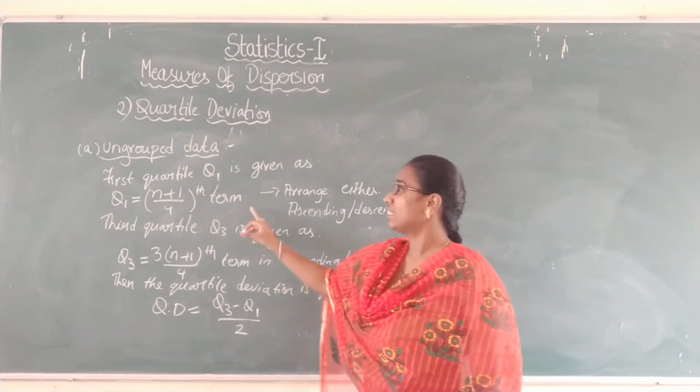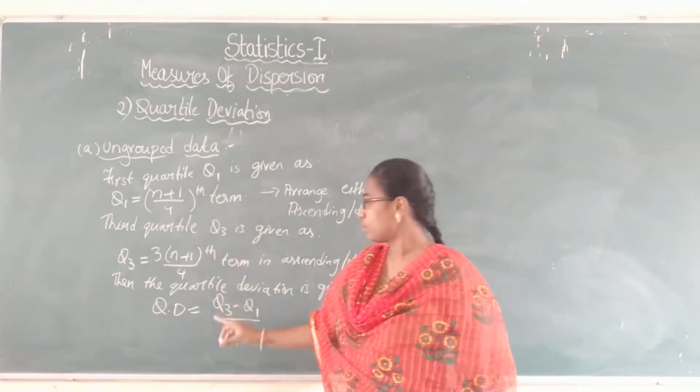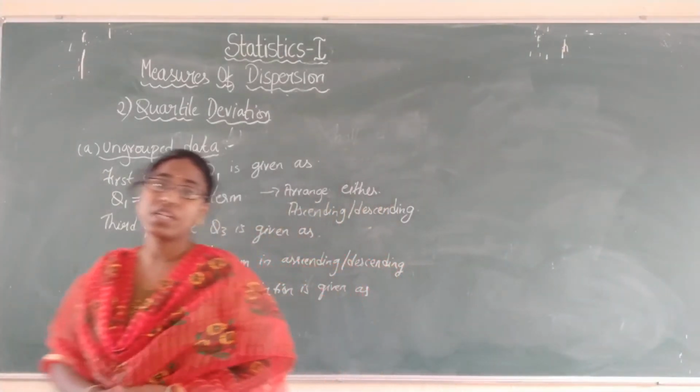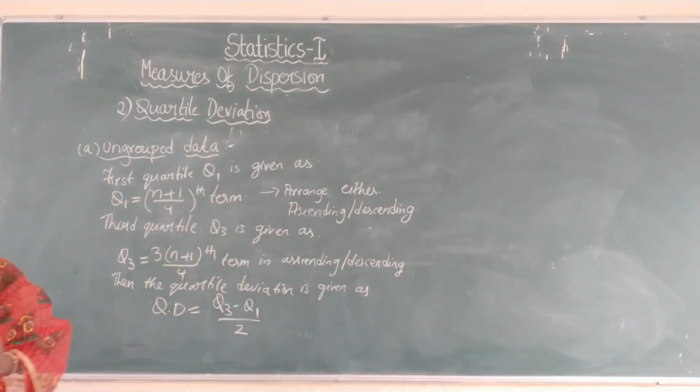By considering the Q1 and Q3 values and substituting them in the quartile deviation formula, we will get the quartile deviation for ungrouped data. So in the next class, we will be seeing the